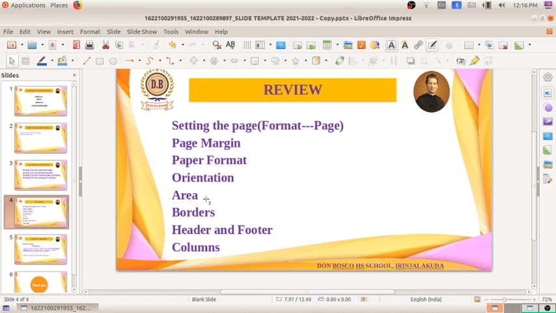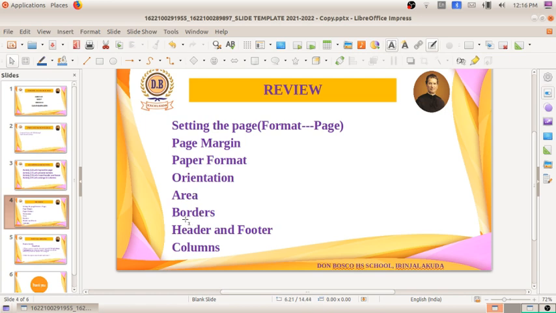The fourth one is the area. The Area tab is used for giving the background color. And in that you can see a bitmap option also. The bitmap option is available if you want to import any picture from outside sources or any other background image. For that we have to choose the option Bitmap under the Area tab.